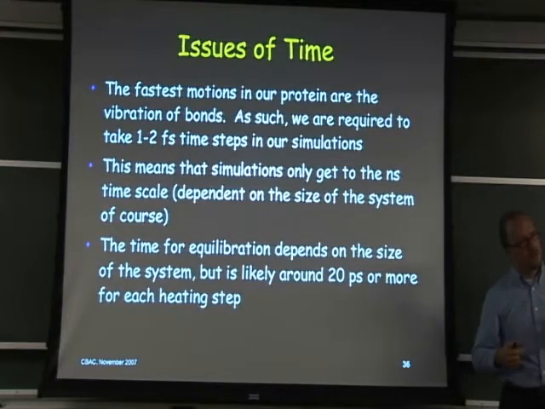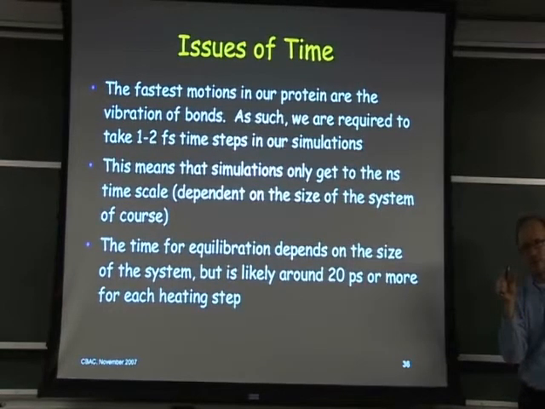Okay. Finally, and this is perhaps the most humbling part, is that we go through all of this, but based on these potentials, remember I said that these bonds, covalent bonds, are really the stiffest part of the system. And because the potential describing those is so stiff, we have to take 1 to 2 femtosecond time steps. Okay? This is 10 to the minus 15. This is a ridiculously small time step that we have to take. And we want to get simulations that are going to be on the order of nanoseconds, potentially microseconds. We're talking at least 6, 7, 8, 9 orders of magnitude higher.